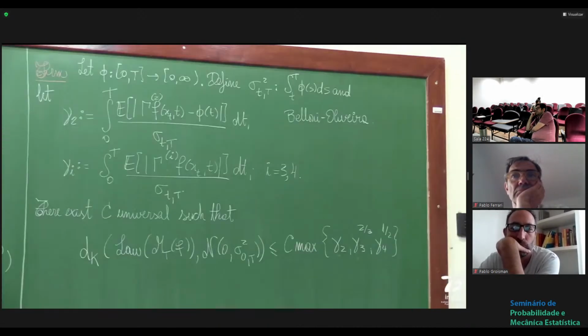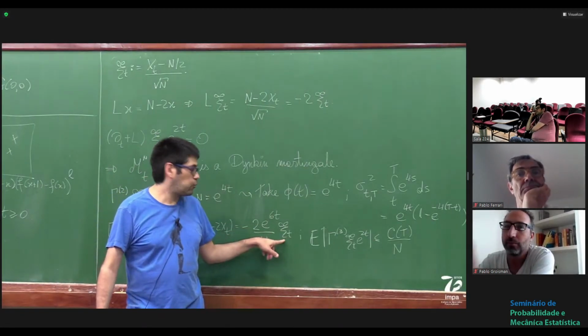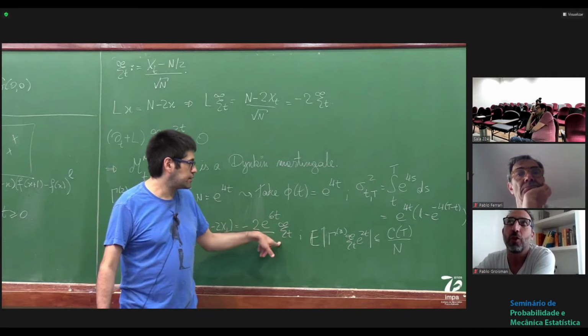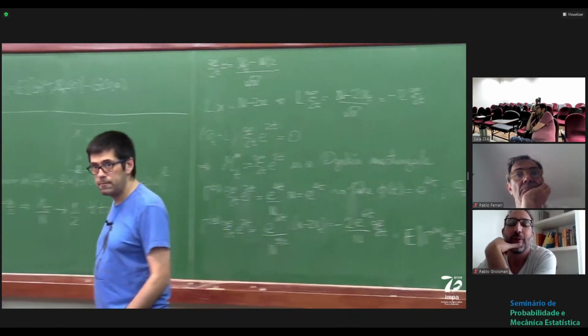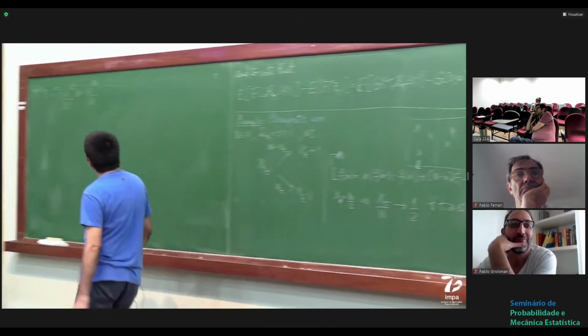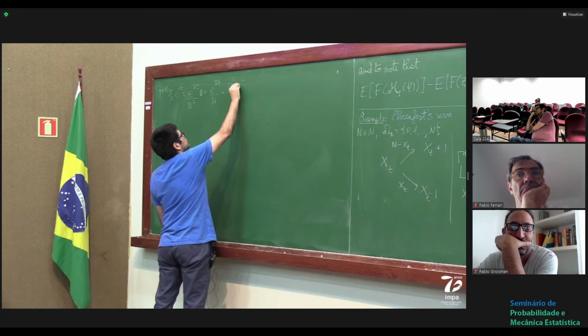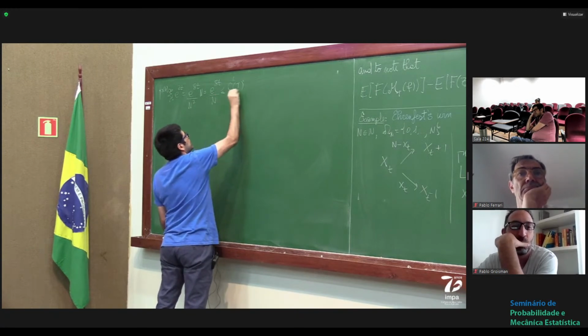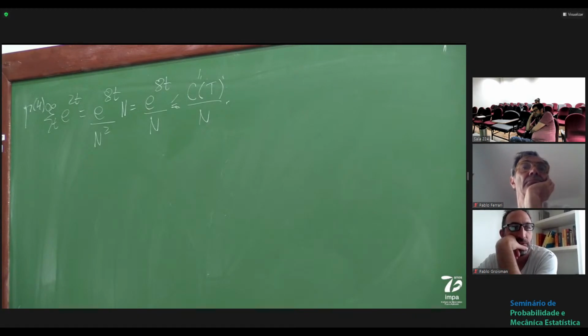And so here in gamma 3, you see that there is already a cancellation, because I'm using the fact that this psi has finite moment and psi is already a fluctuation. So let me write this as smaller or equal than a constant that depends on big T divided by n. I'm not going to enter into the details of the dependence on T, but what the theorem says